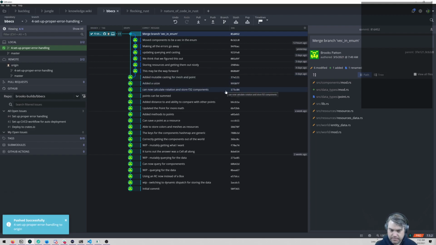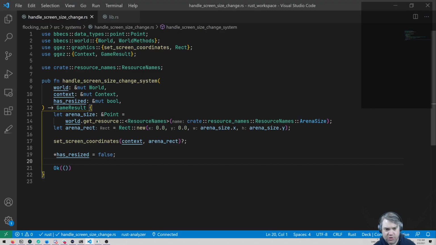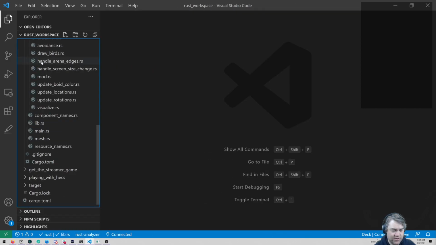Now, how to do proper error handling in Rust. It's interesting because it's not necessarily intuitive, because there's no such thing as a try-catch. Instead, everything has to be returned, and it gets handled that way. That being said, there is a Result type that we can use all throughout this. So how do we want to do that?